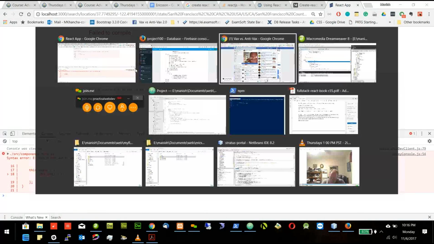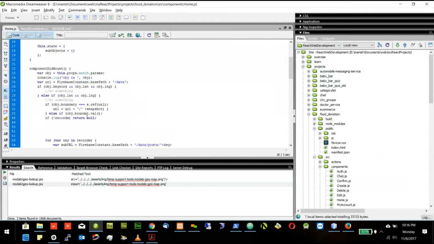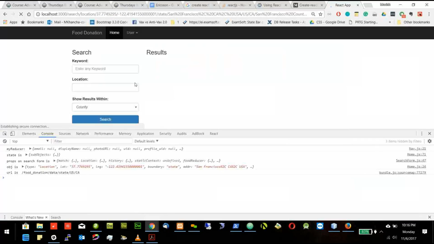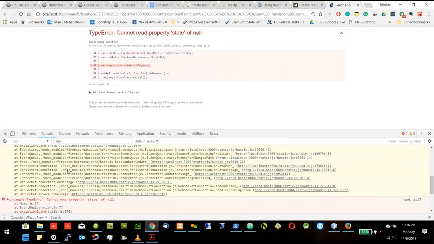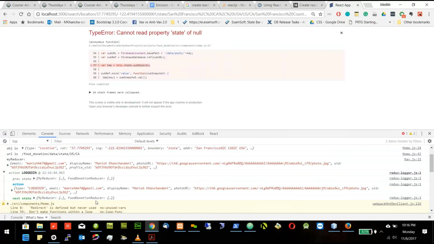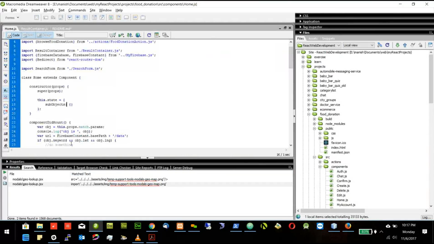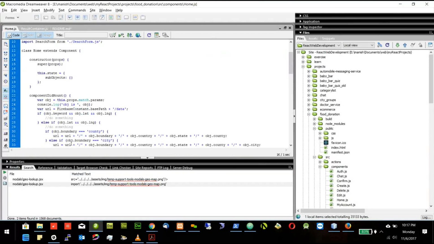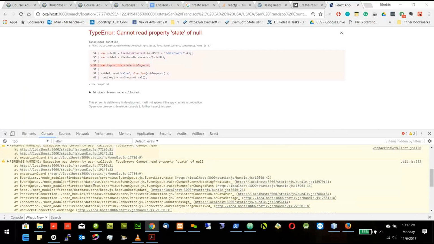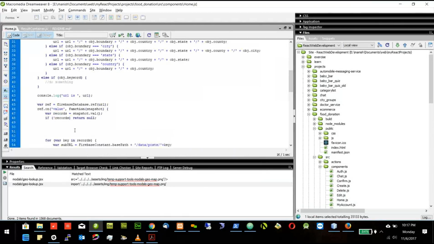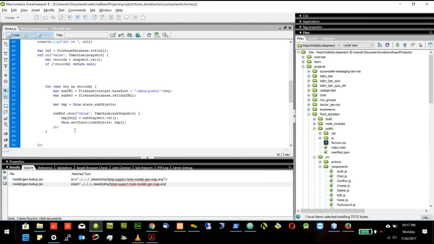Okay, so there is a spelling mistake, typo error. Whenever we create a state, it should be colon. Okay, we got another error: cannot read the property of state of null. Line number 21. Okay, so we need to fix this part now. Line 57. Okay, so problem is that